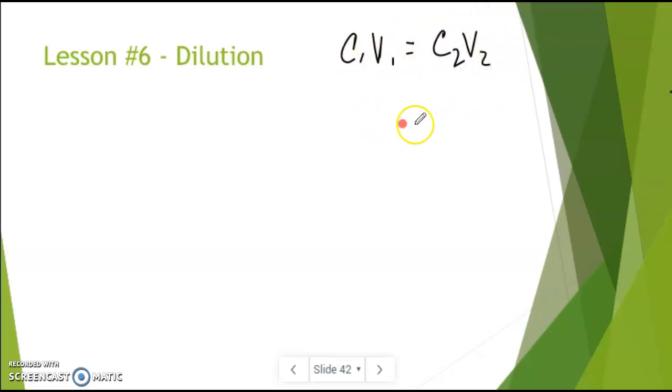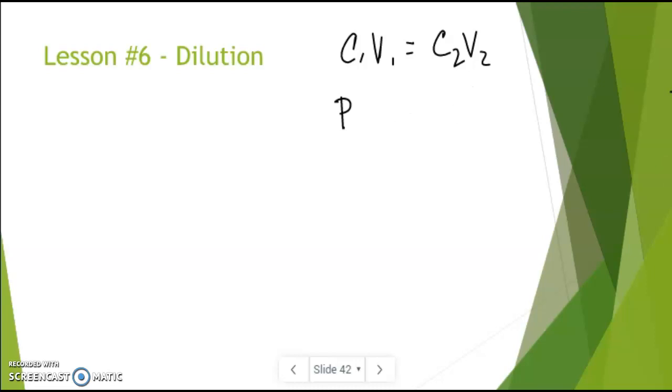If you notice, this looks very similar to Boyle's law, but it's just talking about how there's a relationship between concentrations and volume when you're dealing with one substance. So from this,